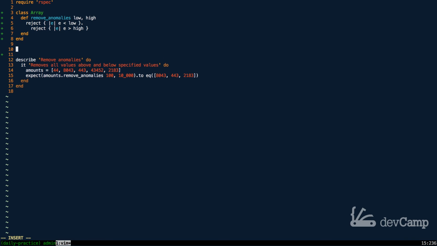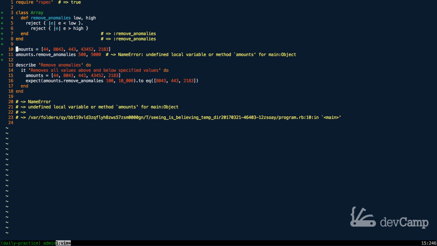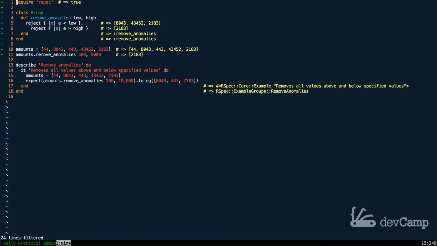So now if I call amounts and call remove anomalies, for this let's do something a little bit different than the test. Let's actually say we want to remove anything below 500 and above, let's say 5,000. So now this should give us a slightly different result set. And as you can see, we have a name error on the amounts variable. Oh, and it probably would help if I actually put the data there. Okay, now let me rerun this. Running again now shows that this gives us